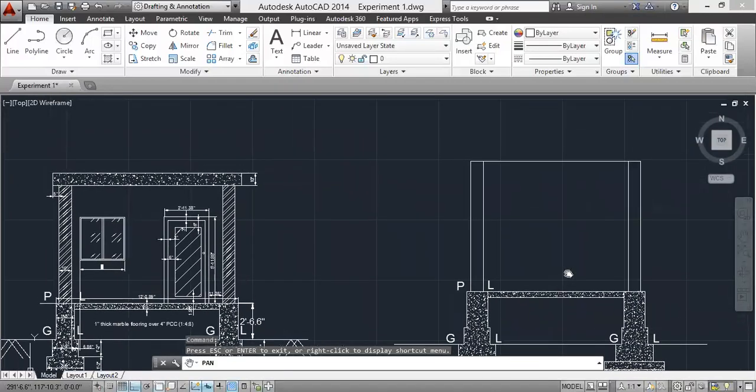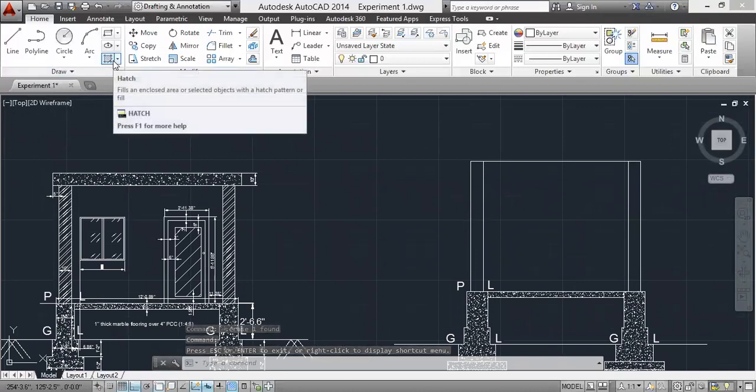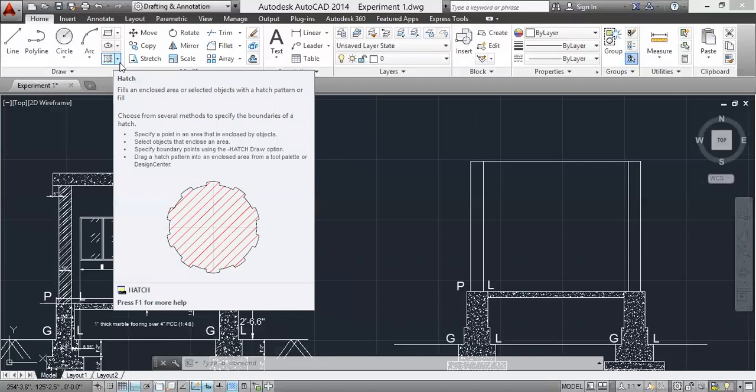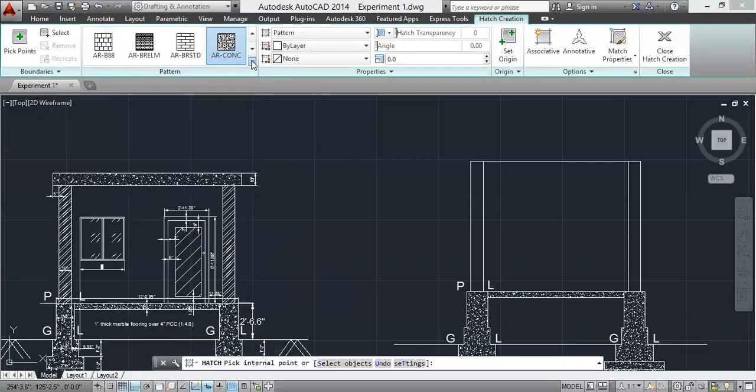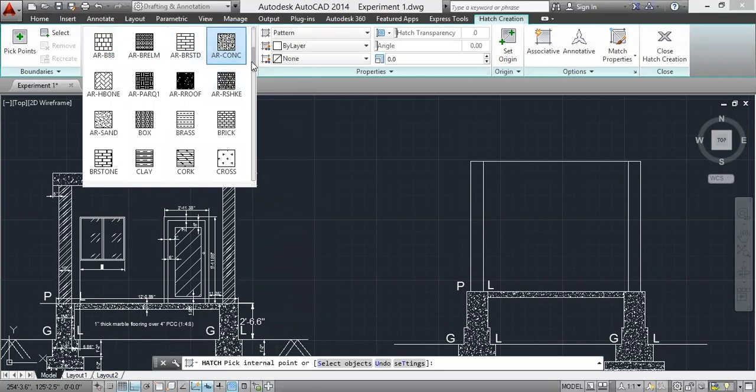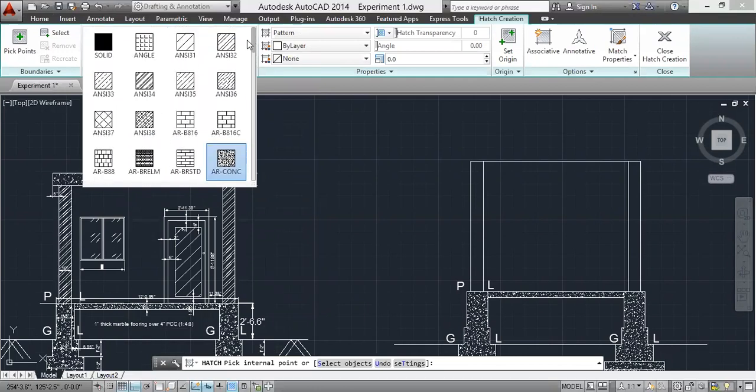Now we'll be giving the wall hatch. Click on hatch. See here, wall type ANSI 32 or 34. We'll be going with 32.